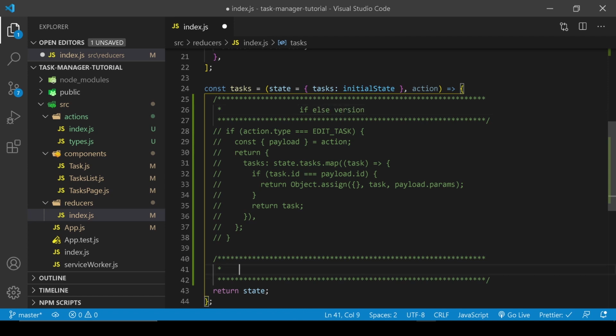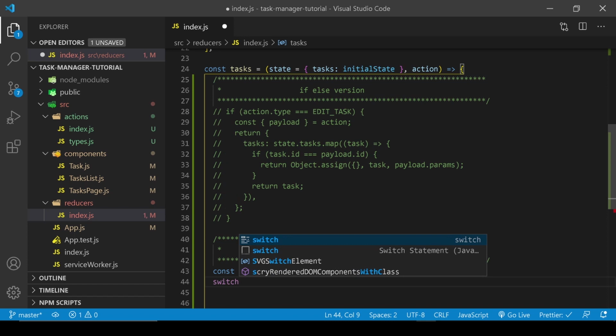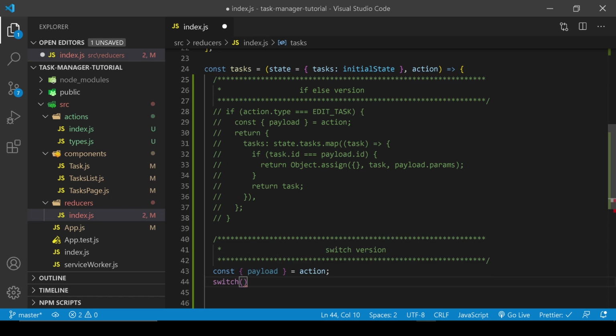Alright, and right here we're gonna use the switch. That's what you're gonna face all the time in the code of other developers. Switch, and usually, guys, you're gonna use the switch in your code. Okay, switch version. Alright, first of all, let's just copy. I'm not gonna type, you're not gonna watch me typing right here, and let's create the switch, and in the parameters we're gonna say action.type, and then goes the case, and the type is gonna be edit task